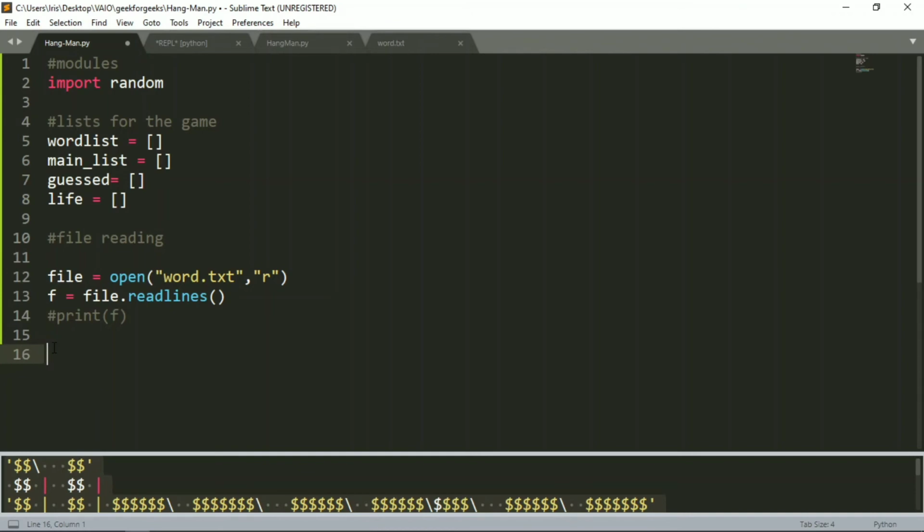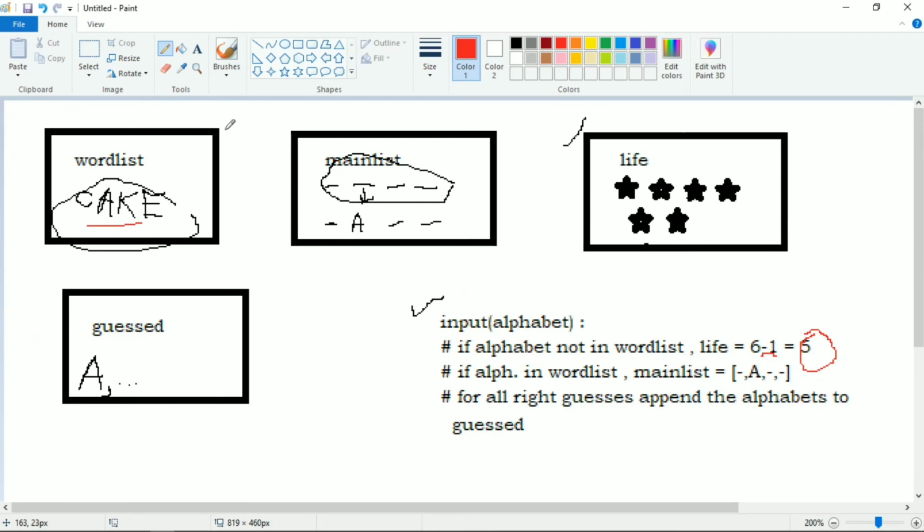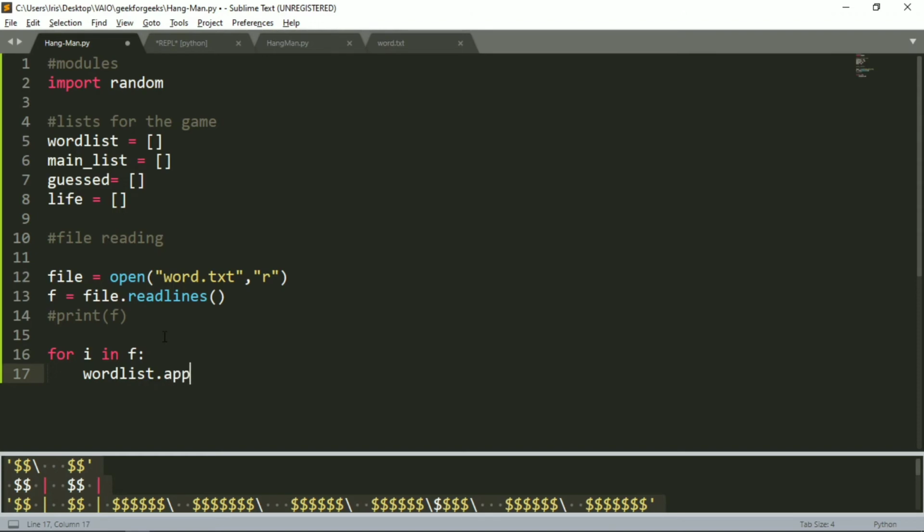Okay, so now we will create an option where it will guess the words. That is, it will obtain certain words from a list, and that will be our main word for being guessed. Okay, so what I will do is, I will simply create a for condition, for i in f. Okay, for i in f means for certain word in f, we will say word list, that is, I'll show you again, the main list which will store the main word for the game. Okay, word list dot append. Append is to obtain certain word from a list into another list, or the same list, whatever, but right now we're doing it into another list.